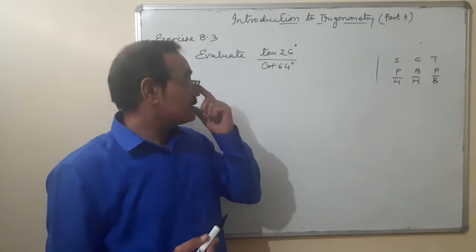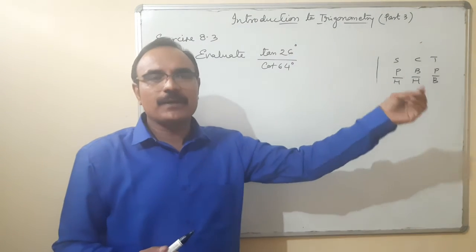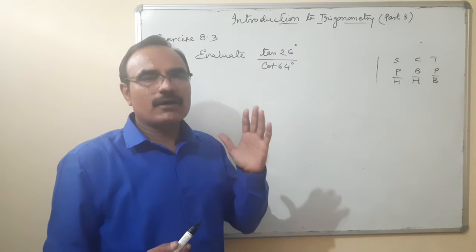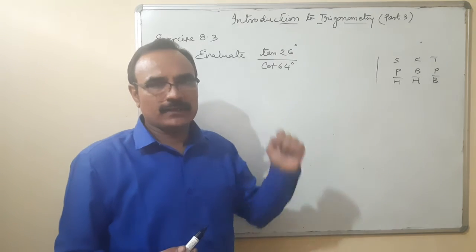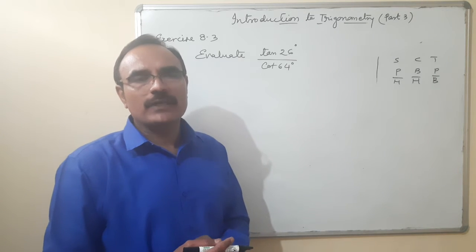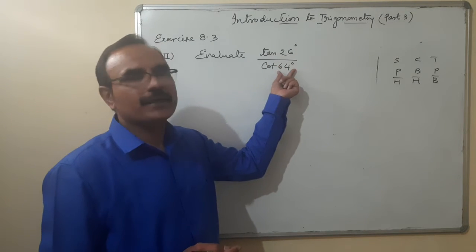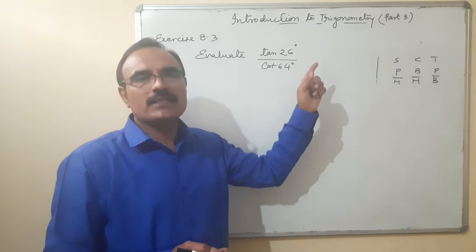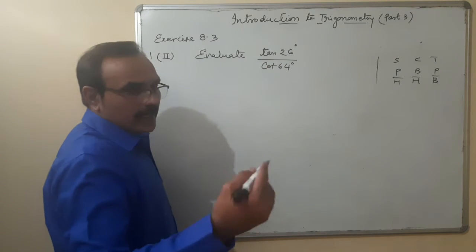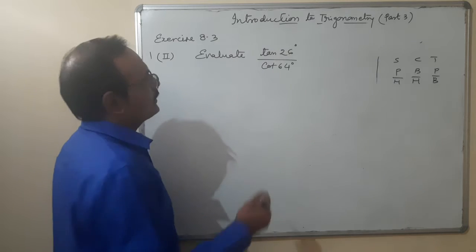Simply you will understand one thing: with sine, cos or tan, if any angles are coming which are not from the trigonometric table like 0, 30, 45, 60 and 90, we'll make our mindset that okay, we have to use complementary angle. Now whatever angles are given, we'll see whether the sum of these two angles is equal to 90, yes or no. So you can say tan 26 and cot 64, 26 plus 64 is coming 90. So that means one of the angles will be changed into the form of complementary angle. You can change any one of them, but please don't change both of them. Either numerator or denominator can be changed.